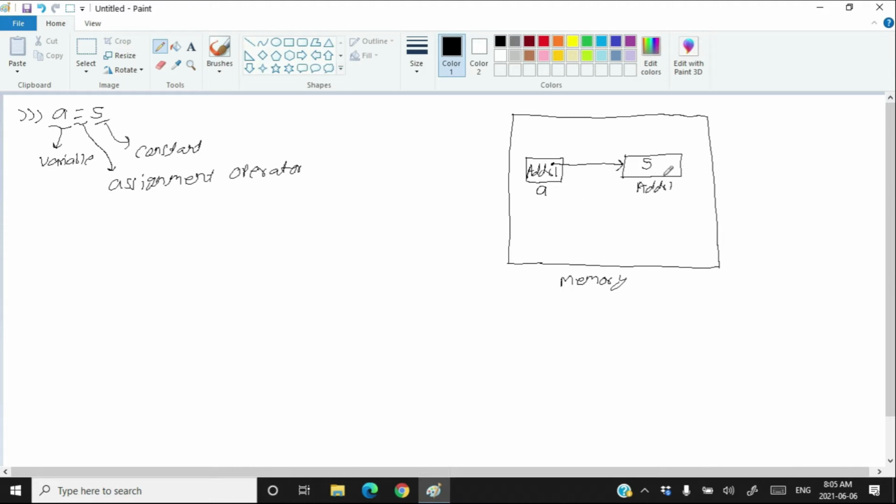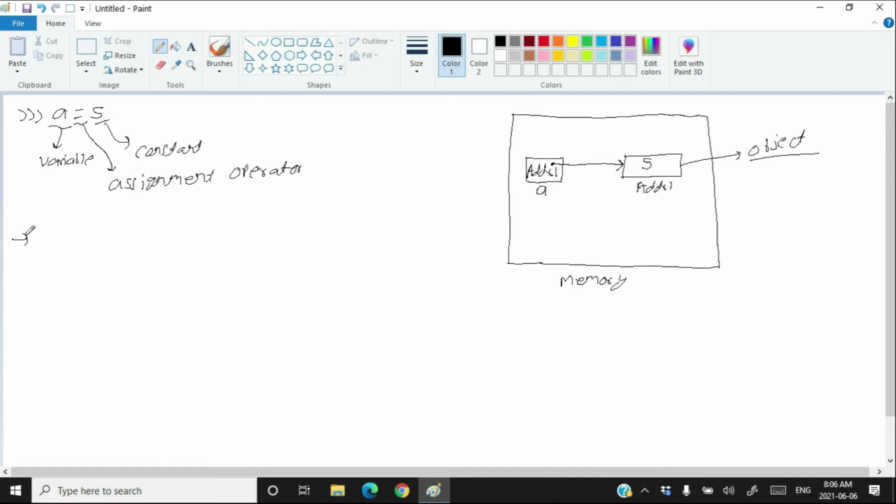The allocated memory for value is also called object in Python. So in the computer memory, there are two types of allocation: one for the variable, other one for the value. The memory which got allocated for the value is also called object, and the memory which got allocated for the variable is called the variable memory. The variable memory stores address of the object, meaning address of the actual value. The variable does not contain the value itself. It contains address of the value. This is how variables work in Python.